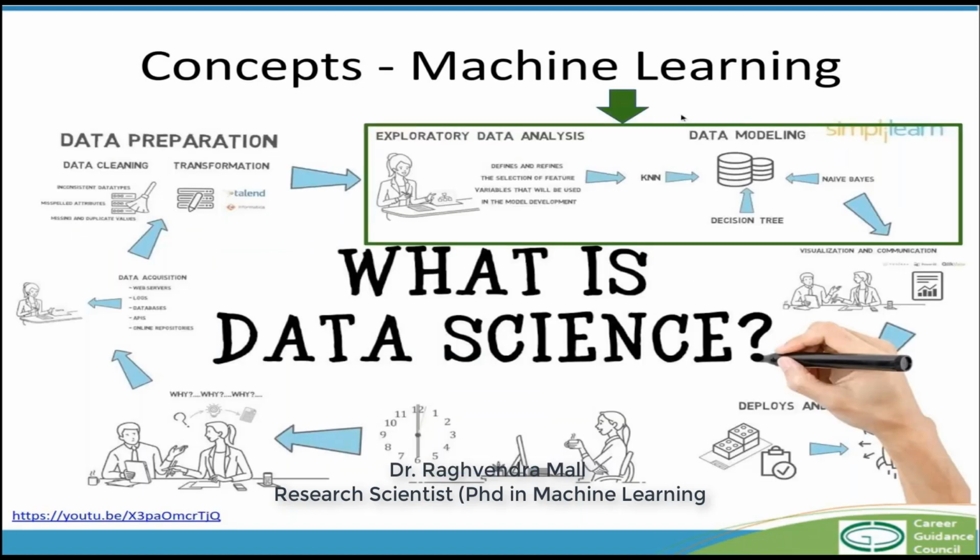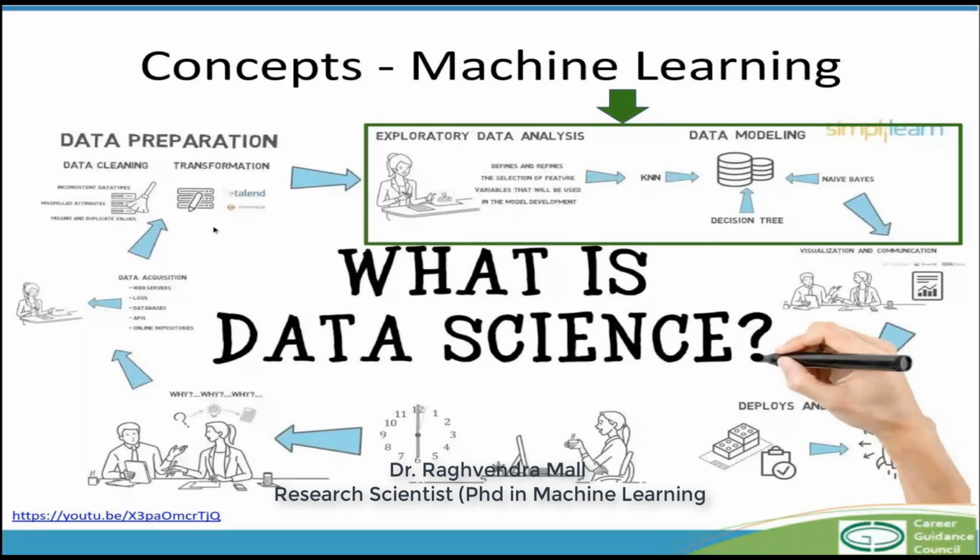Coming to data science, this figure explains the entire data science process. You start from data acquisition, where you have to collect data for a particular problem. Suppose you collect data from Twitter to do sentiment analysis. You have taken a million tweets and you want to see whether they are toxic, or in favor of something, so positive or negative tweets. So you collect data, you clean it, you transform it such that it is machine readable, and then